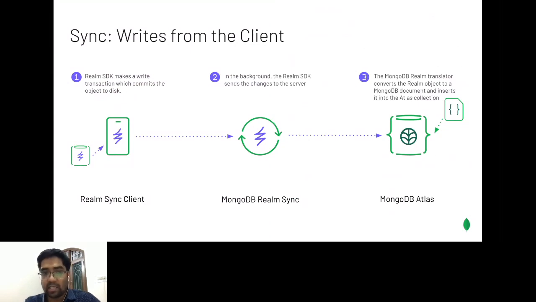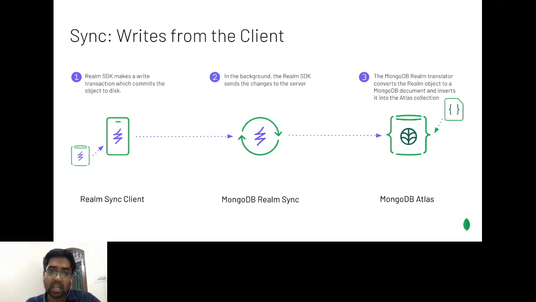Realm is intelligent enough to understand what kind of changes have to be updated to the backend, so it internally collects all that information and sends it to Atlas. Realm Sync is an intelligent layer which does all this communication for you. It is so intelligent that it also makes sure battery life is saved as much as possible. So it's very efficient at understanding what changes and how they have to be synced.